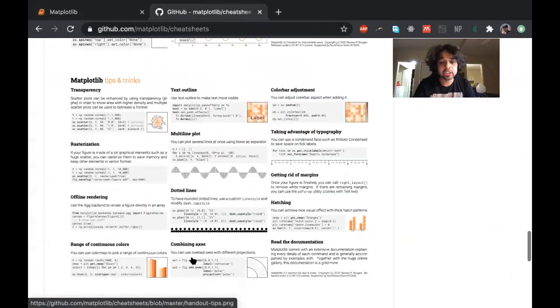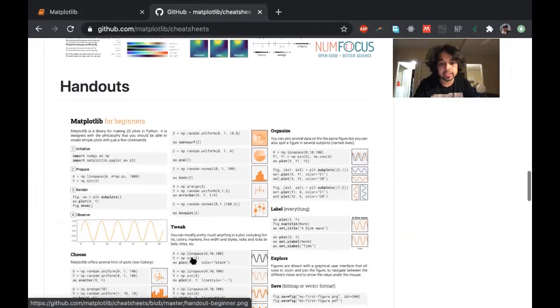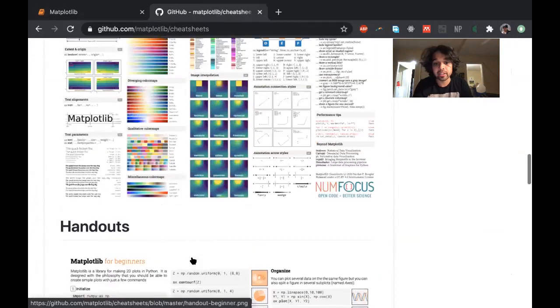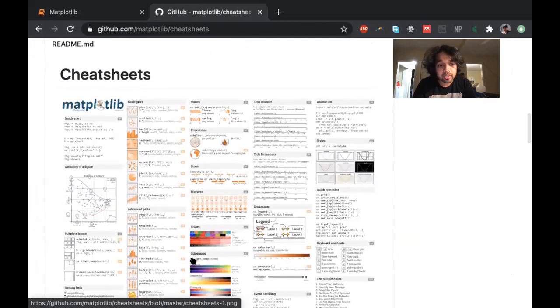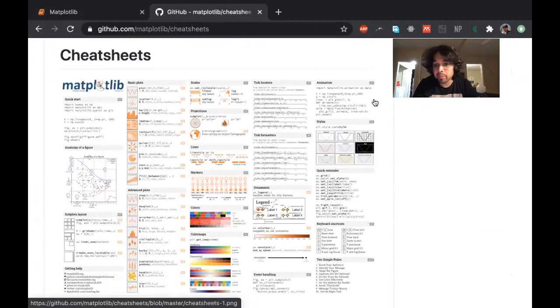These cheat sheets are basically shortcuts and things that you can do to make it look a little better. It talks about the different plots that are there in it, and you can take time to go through this thing. Or you can just search on Google and find something on Stack Overflow. It's the website with questions and answers.